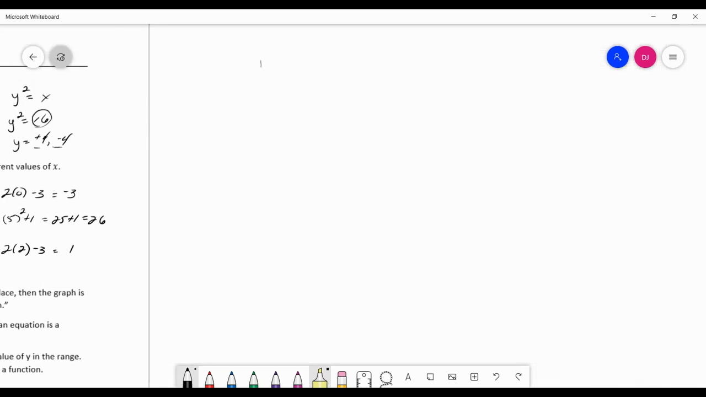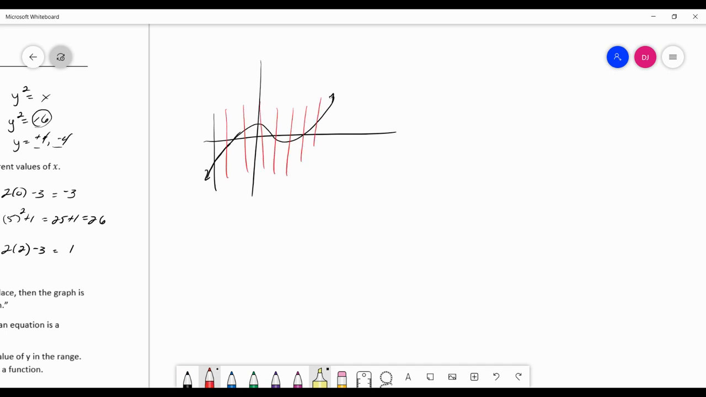But let's suppose I have this graph. Is this a function? Well, is it possible for me to draw a vertical line through this graph that intersects it in more than one place? It's not possible, therefore this is a function. Compare that